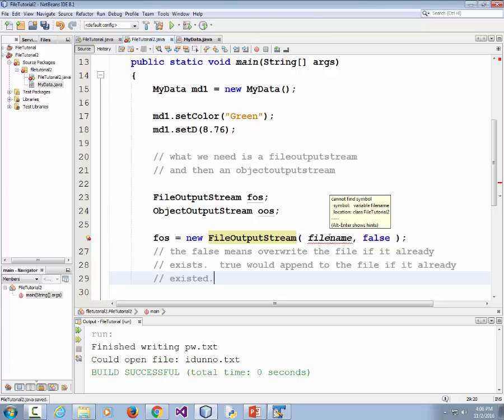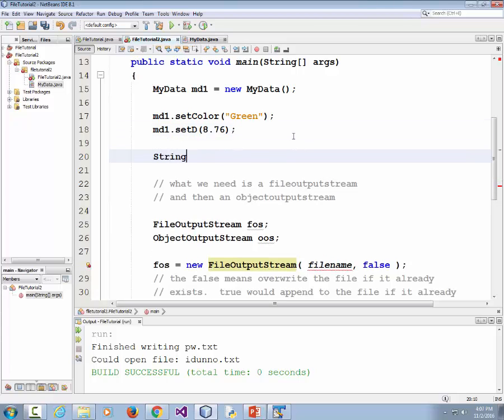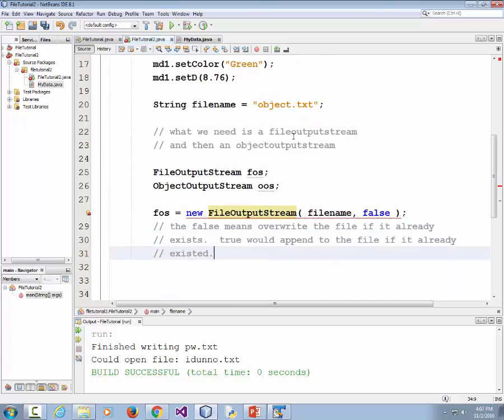Now I don't have a file name variable, so I'm going to come up here and add a string file name is equal to, and we're going to call this ObjectOutputStream.txt. Something like that. I don't know. Maybe just ObjectStream, or just Object.txt. There we go. All right, now that I've got this